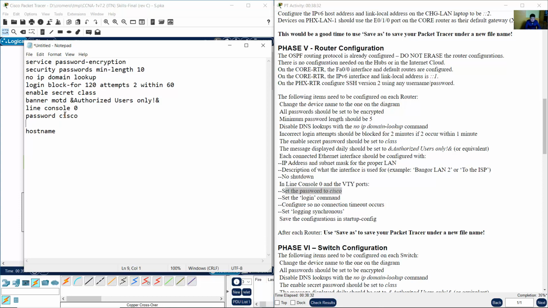Password Cisco. Login to enable the login. Configure so no connection timeout occurs. Okay, if you don't remember the command,